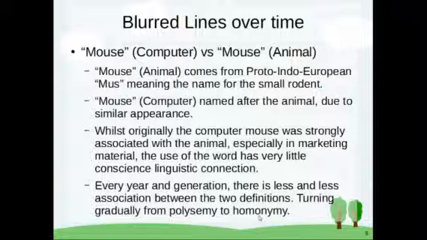So you might have looked 50 years ago at a mouse and said, oh, that looks like a little rodent thing that squeaks and runs around. But today, when people talk about a computer mouse, very rarely do they associate it with the actual rodent mouse, especially as computer mice have become even more common than the rodent mouse. So as the years go by, it becomes less and less polysemous and more homonymous, because their relations keep on deteriorating until most people see them as completely different things that have nothing in common.